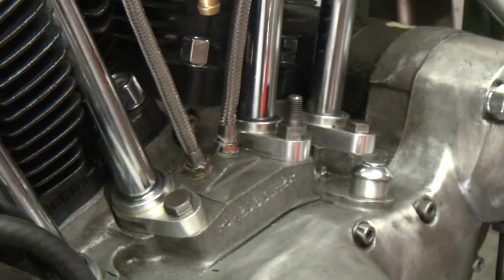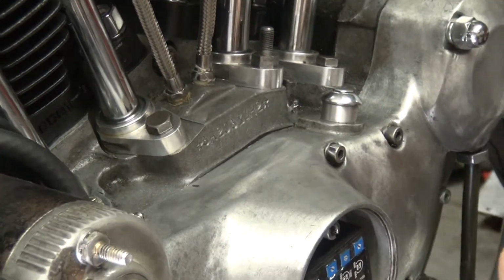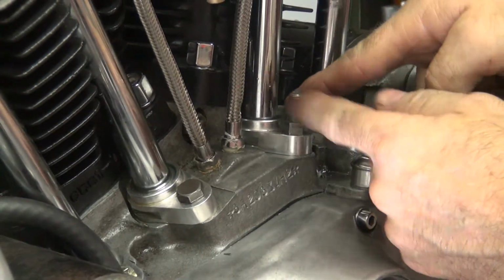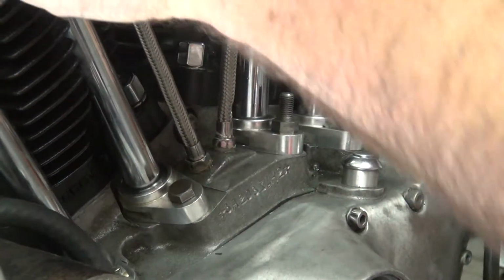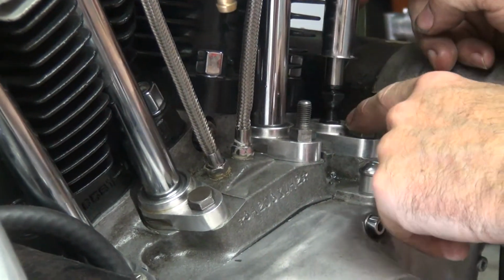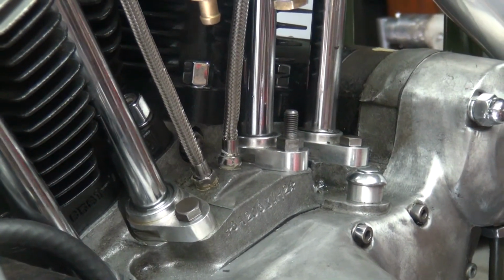Okay. So you've got three different things you're tightening all at the same time, but overall you're trying to get the set clearance here. But you also have to have these tight, otherwise this happens. So you got to kind of go back and forth. So I tend to overtighten these things so they stay permanently where I put them, because I don't want them to move. Okay, now